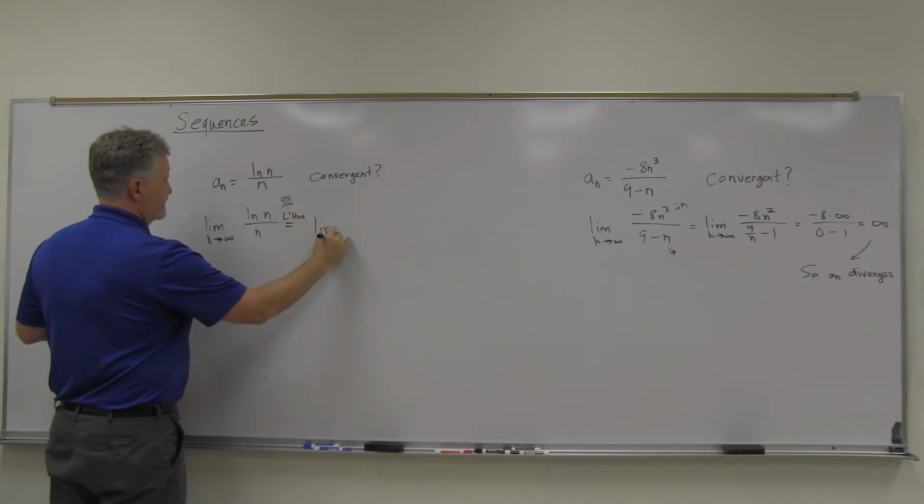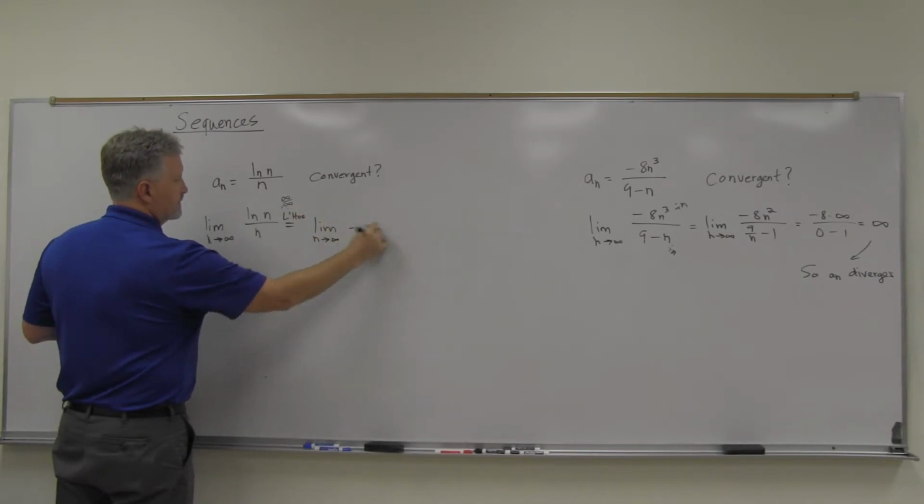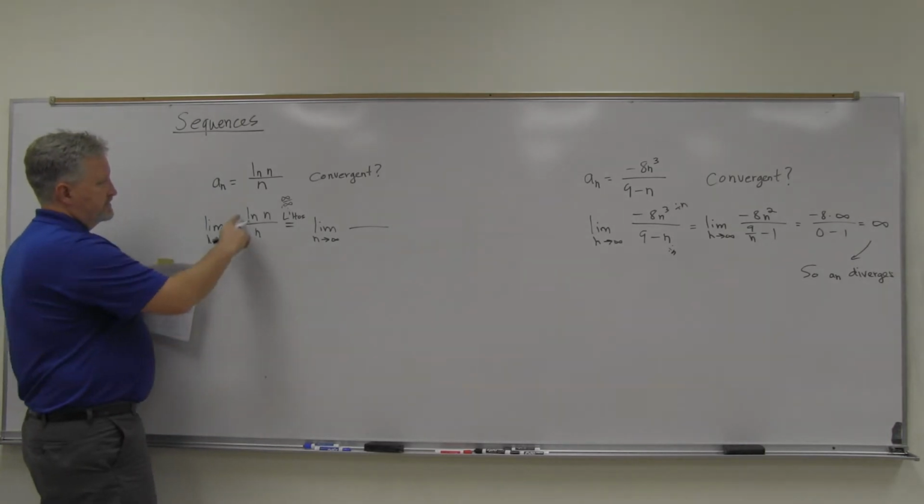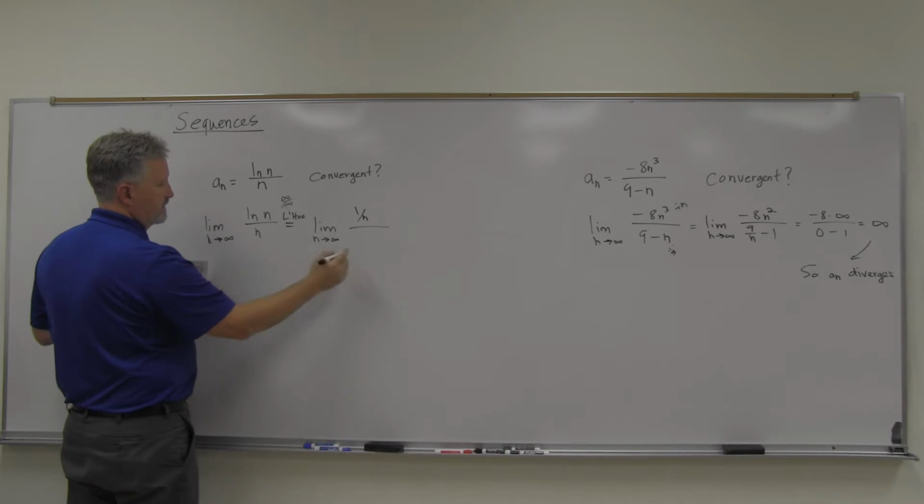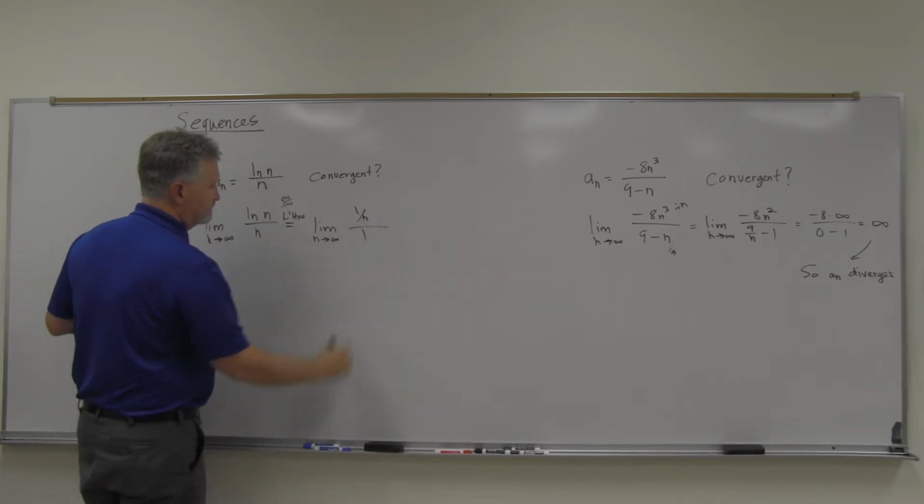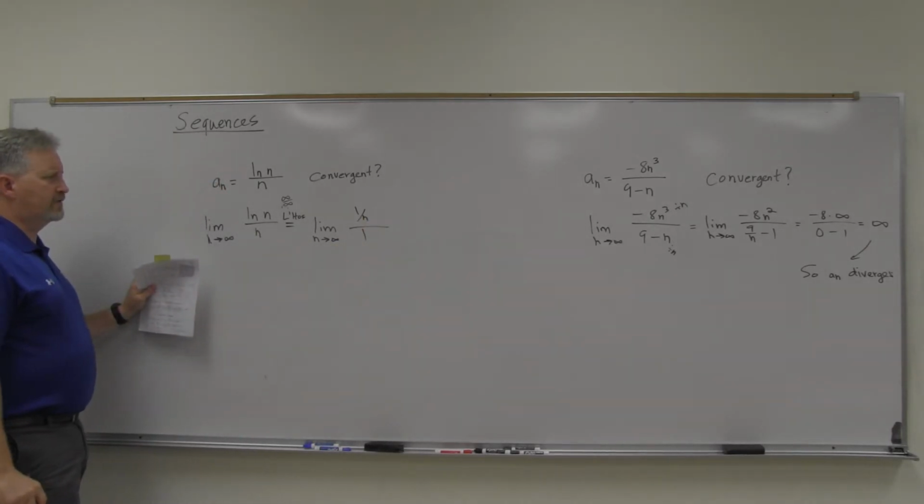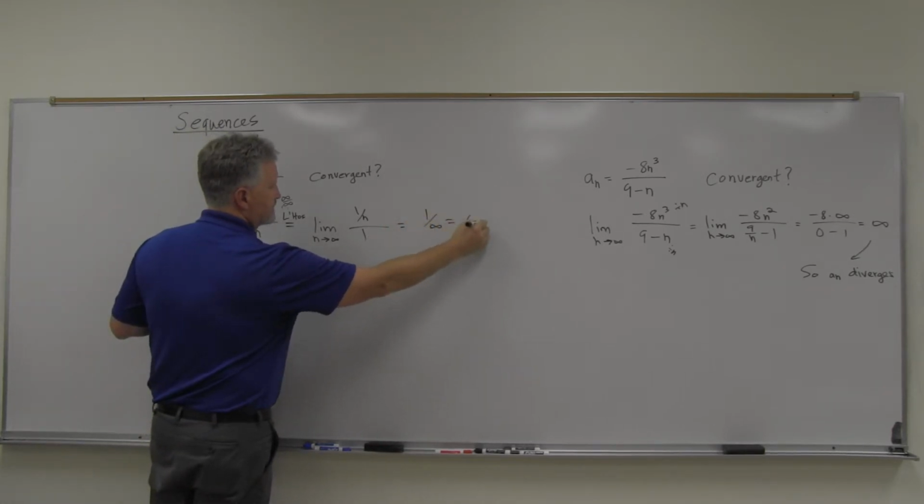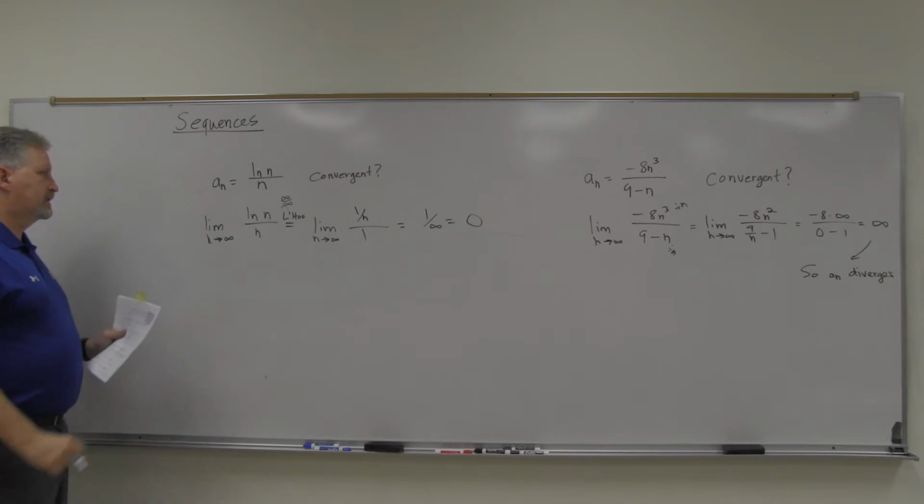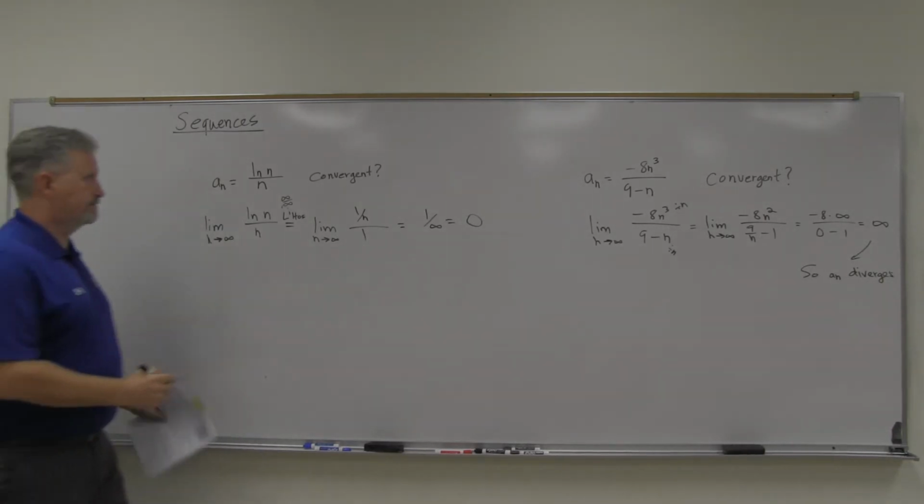So we L'Hopital it. L'Hopital means do the derivative of the top, which would be 1 over n, divide that by the derivative of the bottom. So we got 1 over n over 1. That's 1 over infinity, which is 0. So that one is convergent to